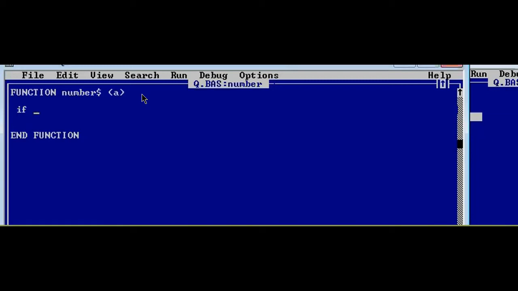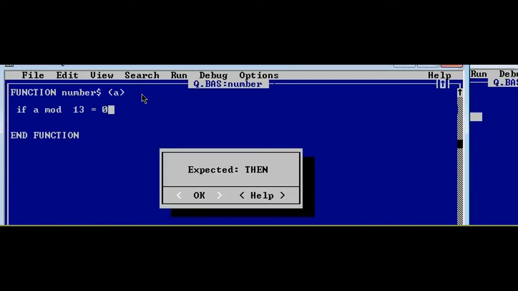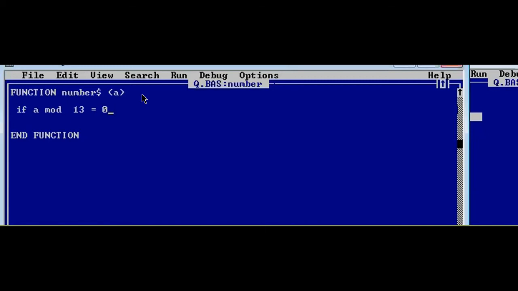So let's check for A. We divide A by 13, and if any number divided by 13 leaves 0, then we know that it is divisible by 13. Divisibility is checked through mod, because we need to check for the remainder, and for the remainder we use the mod operator. We have seen this in the odd and even program as well. So if A mod 13 is equal to 0,